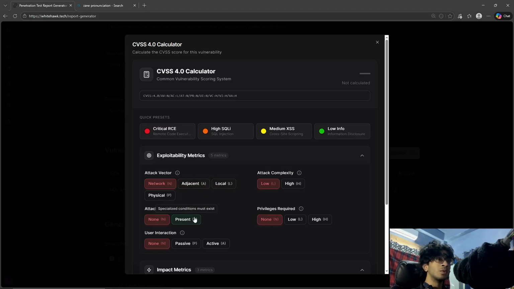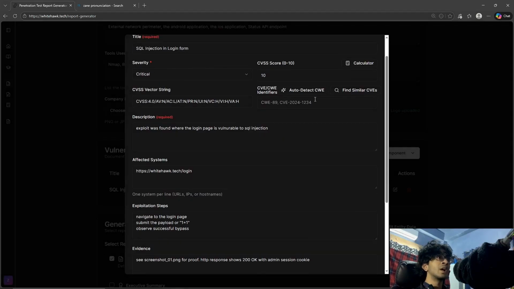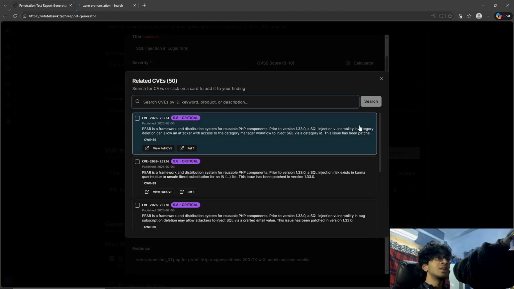You could hover over all the metrics and you'll get a little description so you know what to pick, or you could choose from one of the pre-written ones we have here. To the bottom we could auto detect CWE as well as find similar CVEs. Now this pulls up a lookup that's updated really, like you could see, I don't have to tell you, 2026